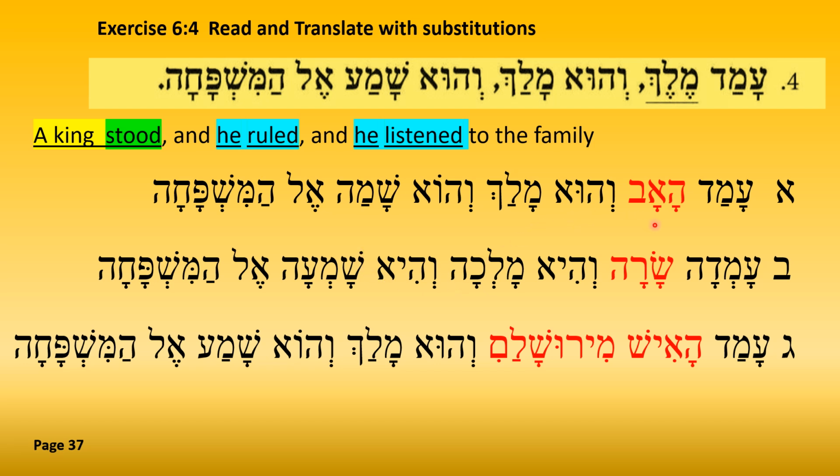So we, again, copy and paste the sentences. We substitute what needs to be substituted. So here we substitute Ha'av, the father, for the king. Okay. And notice again, I've just copied and pasted this sentence down here. So the pronouns in this case don't need to change because the father's masculine. So everything stays the same as up here, except I've substituted the